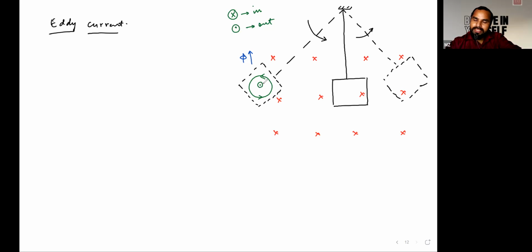So this would be your outward magnetic field. Just put your right hand thumb in the direction of the magnetic field, then the curl of your right hand gives the direction of current in this particular plate. Similarly, while going outside of this region, flux would start decreasing. Due to this decrease of flux, an EMF will be induced in this plate along the same direction as the magnetic field, or it would be the inward direction. Put your thumb in the direction of this magnetic field. So the current induced would be in the clockwise direction. Is it clear?